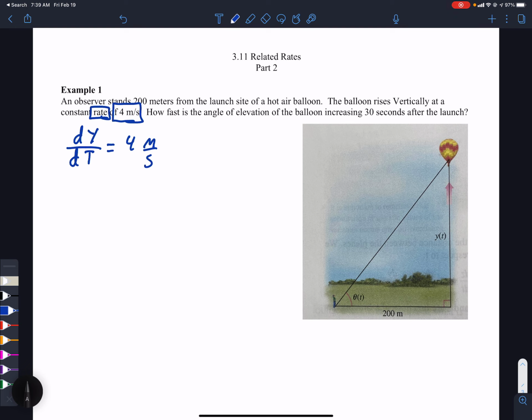Now, is it positive or negative? This is where you have to think. If y is increasing, the derivative should be positive. Since the hot air balloon is moving upwards, y is increasing, so the positive answer is fine. Now the next part,